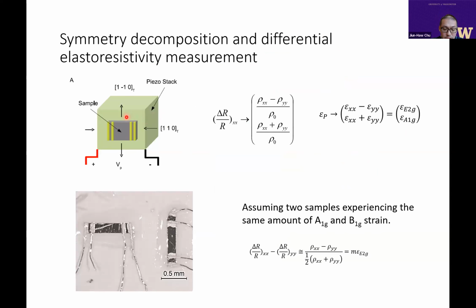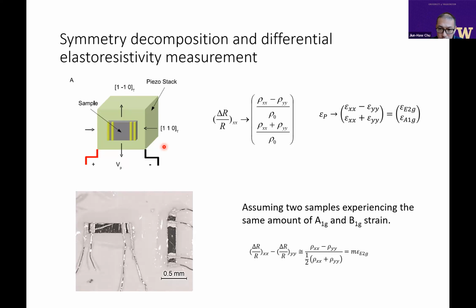Let's say you glue a single sample and measure along one direction, let's call this direction X, and you're measuring the Rxx of the sample as a function of strain, which is induced by applying voltage to the piezo stack. When you apply voltage, the piezo stack will expand along the pulling direction, this direction, and then contract along the transverse direction. But the degree of pulling and the degree of contracting along the two orthogonal directions